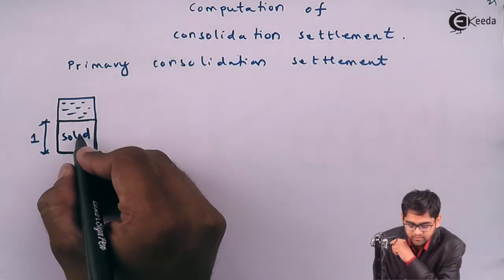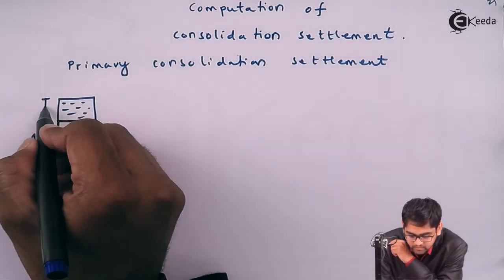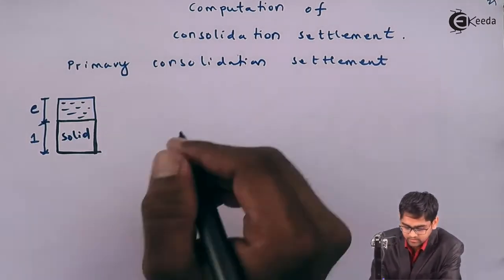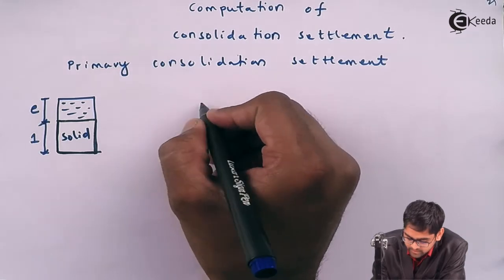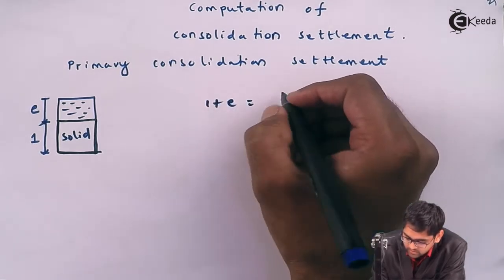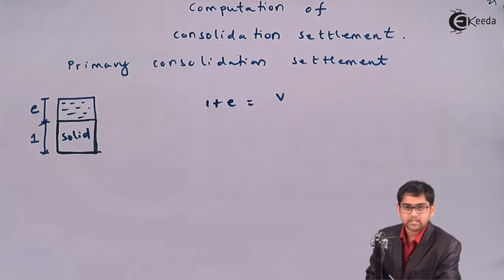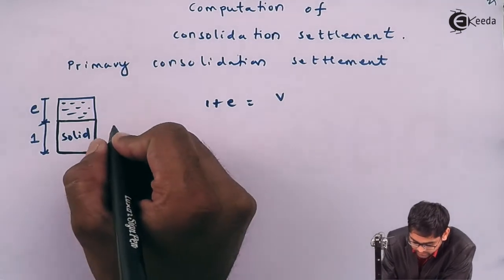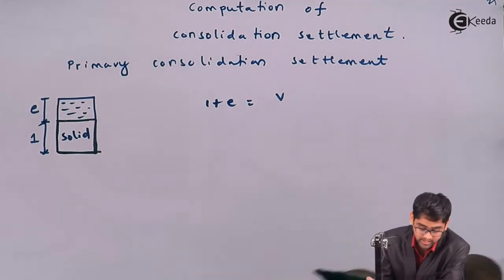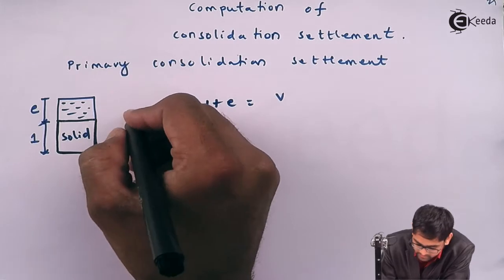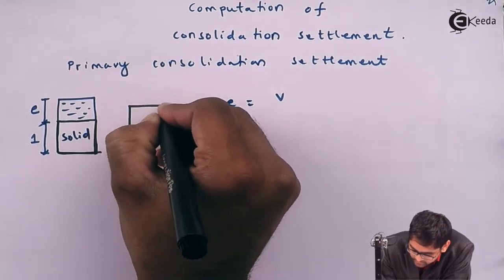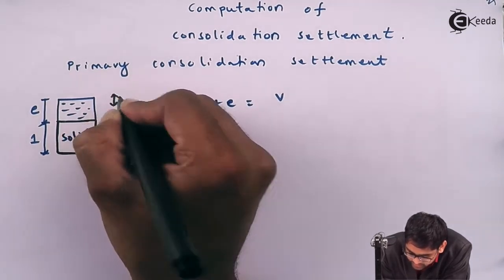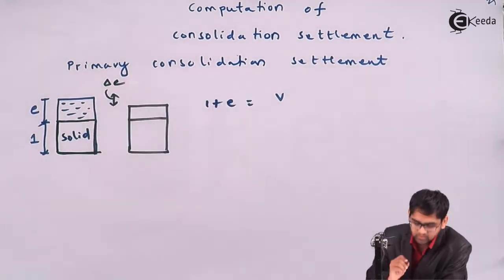Since I have considered the volume of soil solid as unity, the volume of the water will become equal to the void ratio e, and 1 plus e will become equal to V, the total volume, because I've considered it as a unit quantity. Therefore, what happens on application of the load? Once you have applied the load, the volume will be decreasing, and this would be the change in the void ratio, delta e,